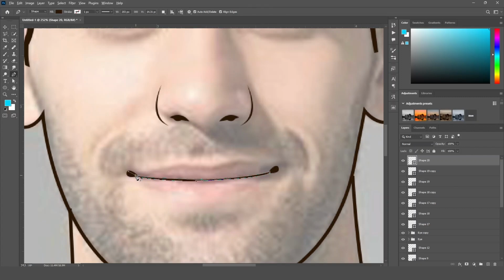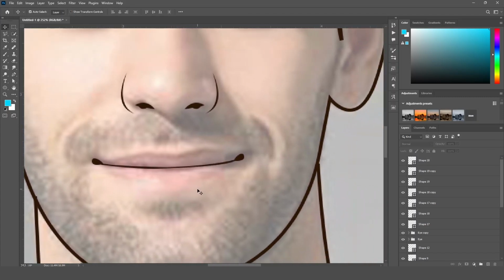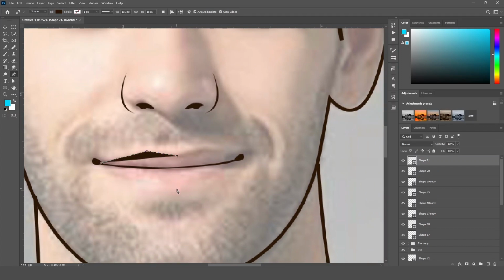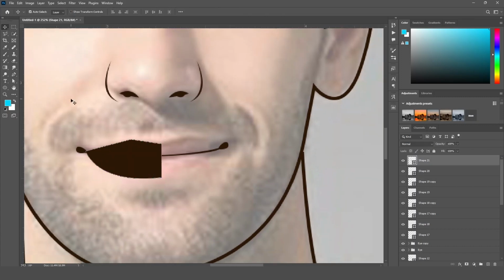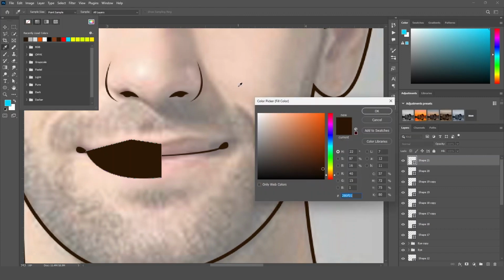Now use the pen tool again and make a simple curve that start from this area. That's a very simple line. When you complete with that, now select again the pen tool and make a shape like this. You can create only the half lip, and after that you can flip it and merge the shape. Now select this one and use the color from here. This one is your eye picker, so select. I am just selecting that color